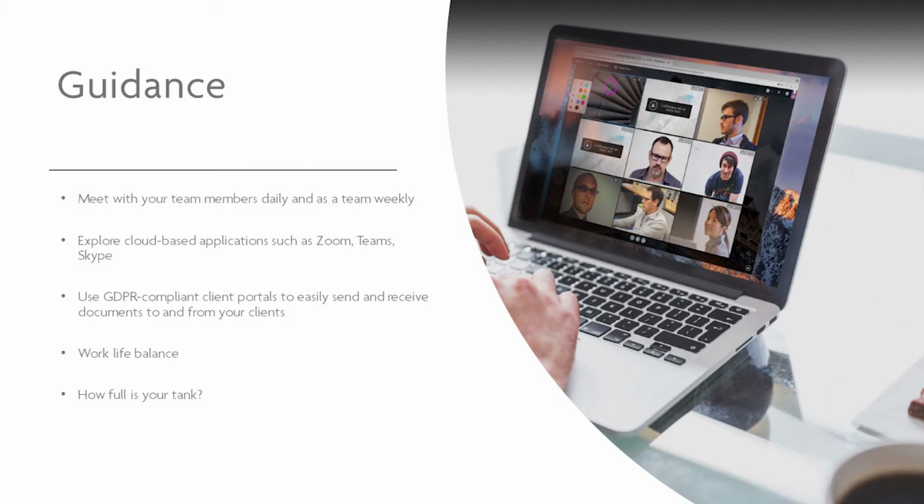And then something that we do actually utilize on those Friday afternoons at BTC Software is the how full is your tank. It's something that I would recommend that you use, whether if you've heard of it already or if you haven't heard of it. It's something that I would recommend to use with your company. So if you meet with all of your employees, and maybe once a month go through the how full is